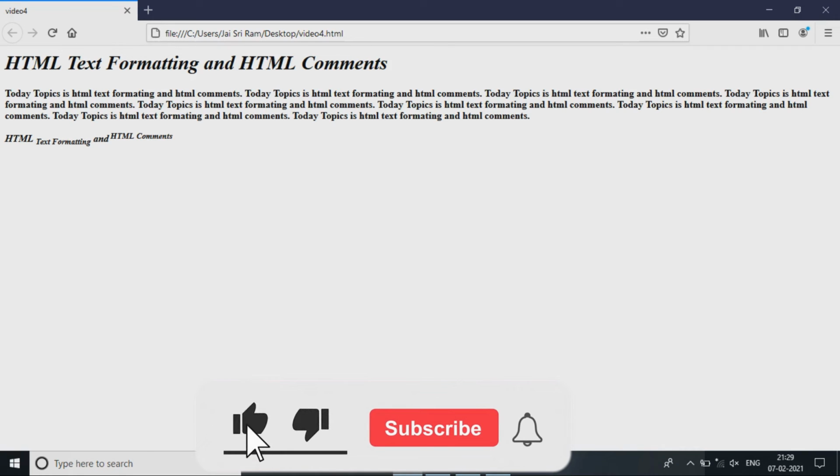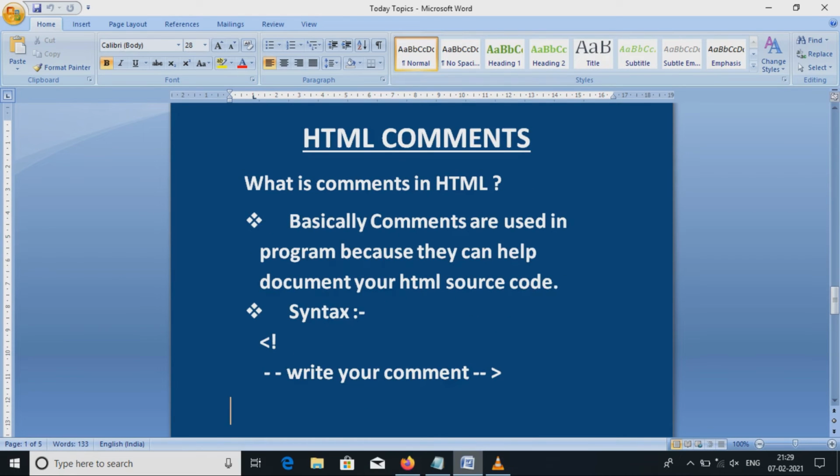So now we go to another topic, that is HTML comments. So what are comments in HTML?